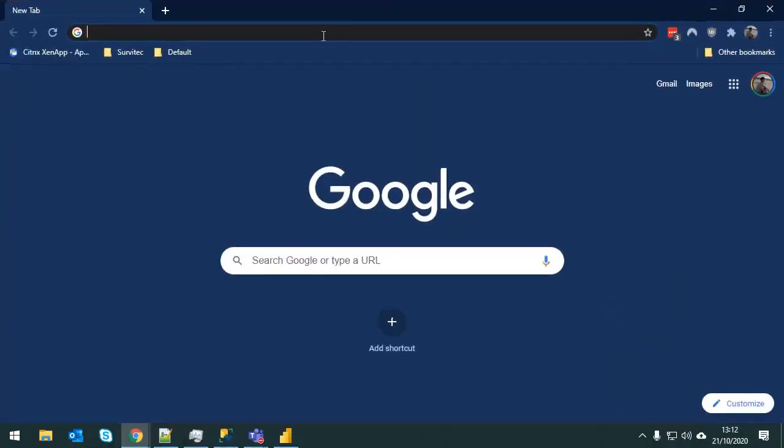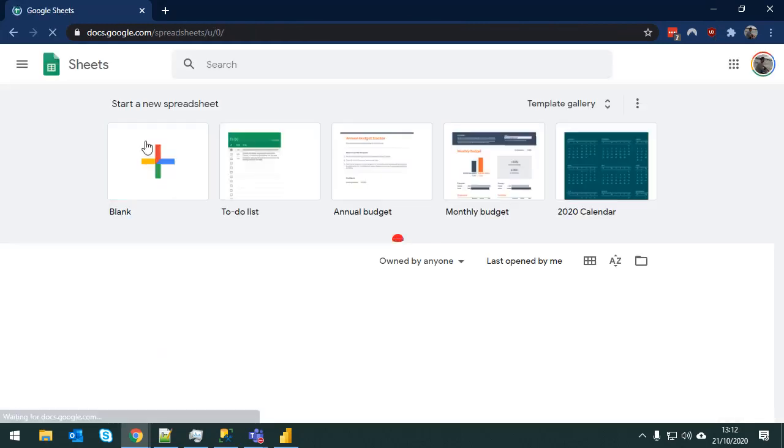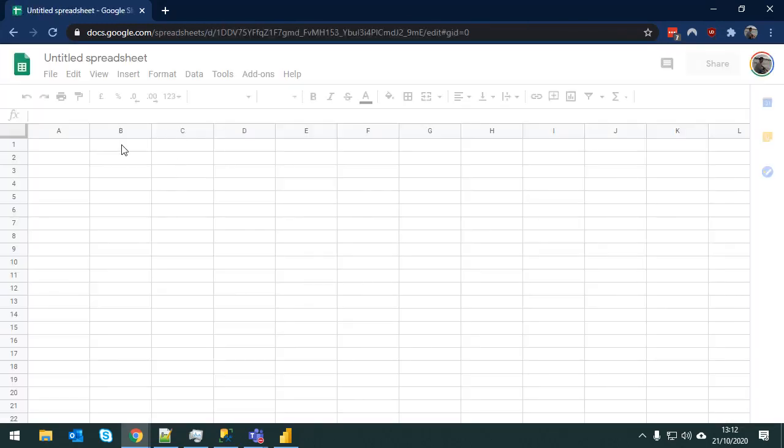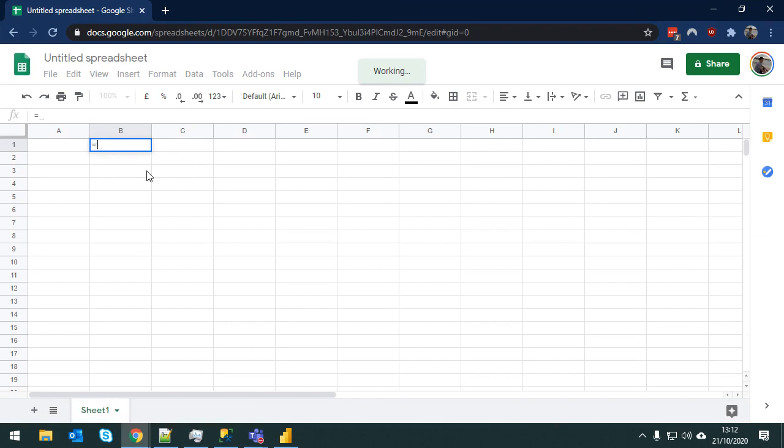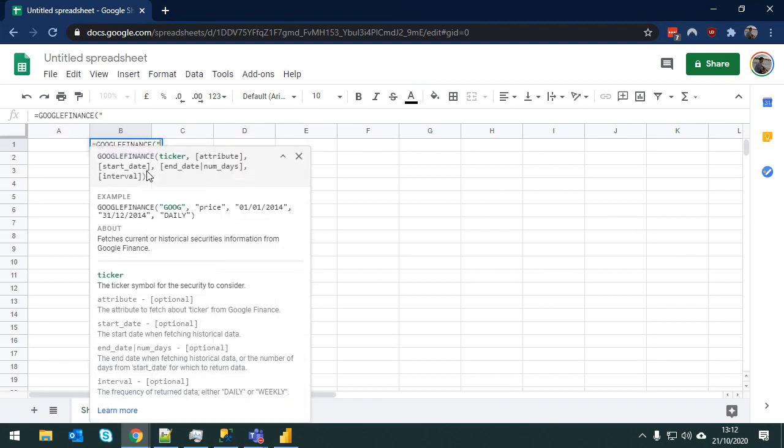So I'm going to just jump onto Google Sheets and create a new Google Sheets. And within Google Sheets, there's a really good function called Google Finance. And you can ask it basically to generate a list of this. So you need to know the right parameters. So we're going to go Great British Pounds to US dollars, and we want to know the price, and we